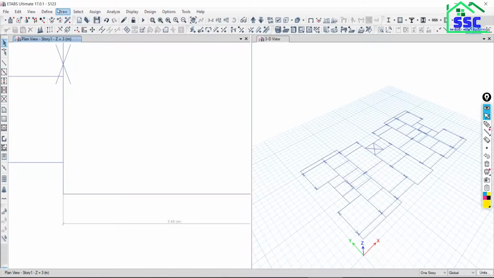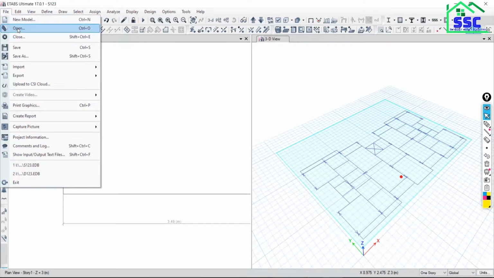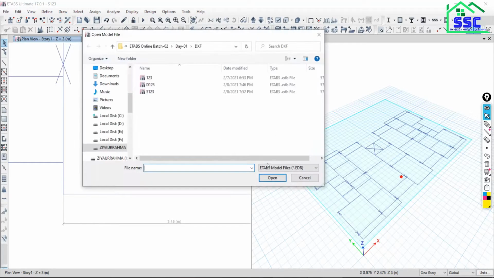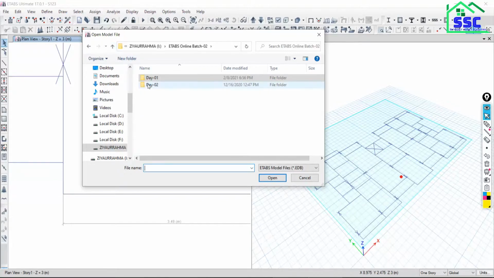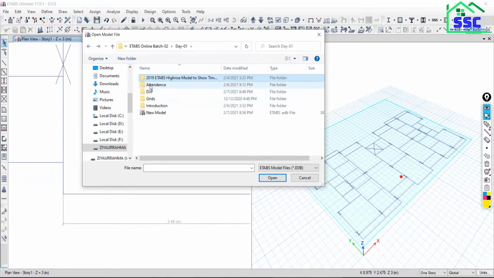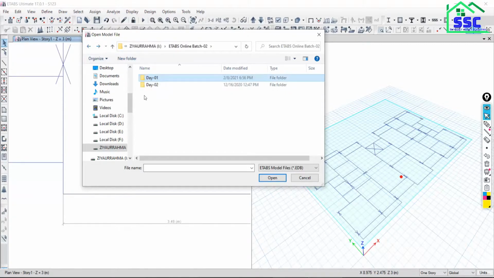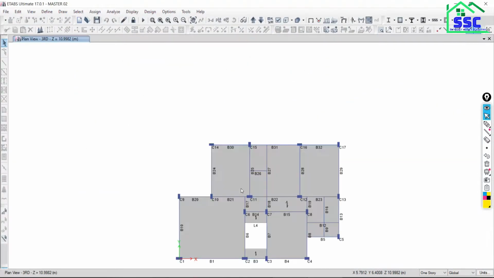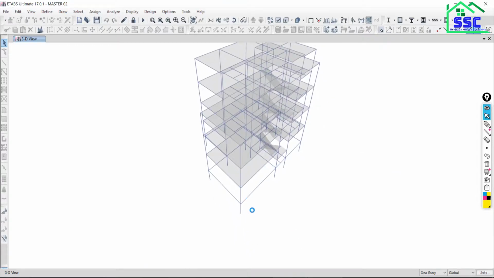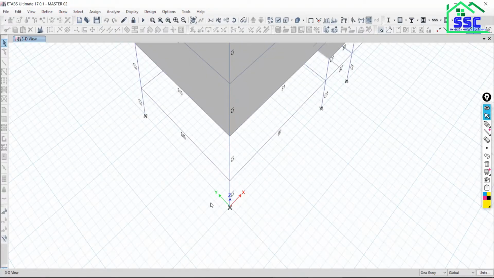So see, in ETABS software, just go to ETABS, go to open file, say no. Can you tell me whether this system is global, local, or natural?